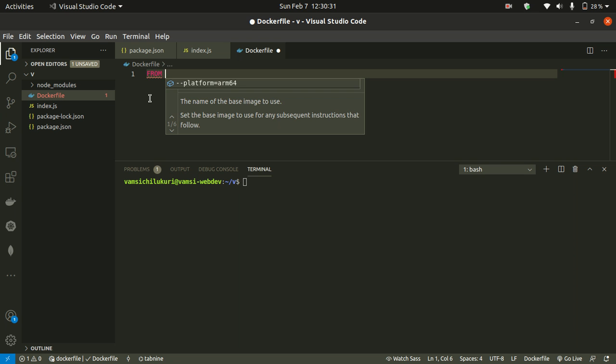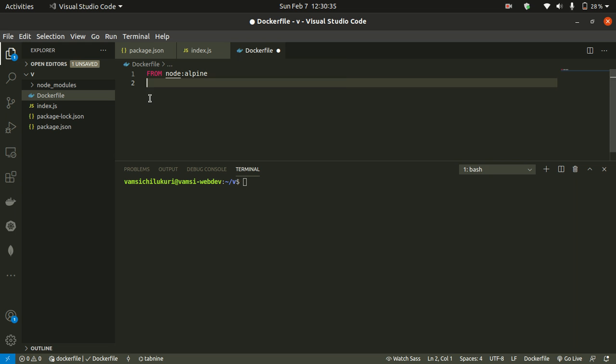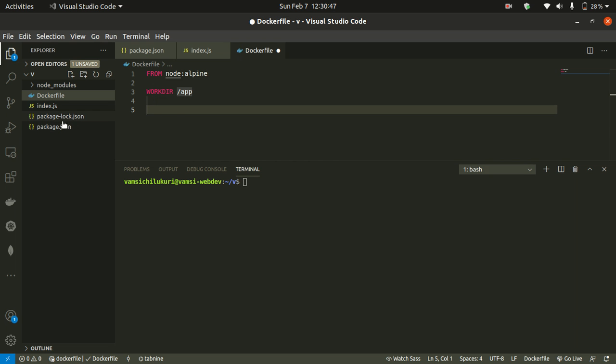the image name node alpine, and after that we can make a working directory for our application, /app. After that we will copy both package files into the container.